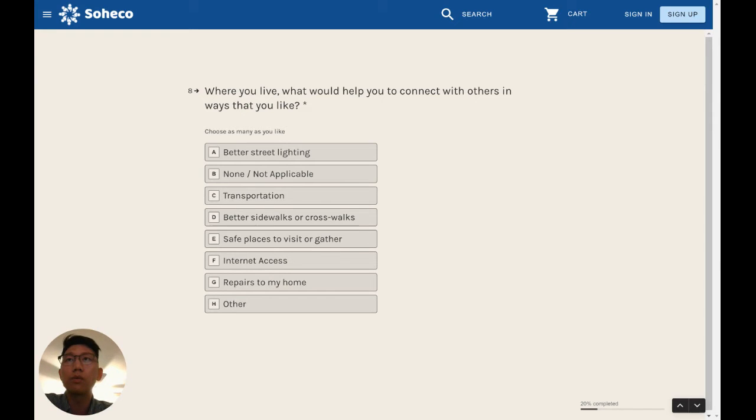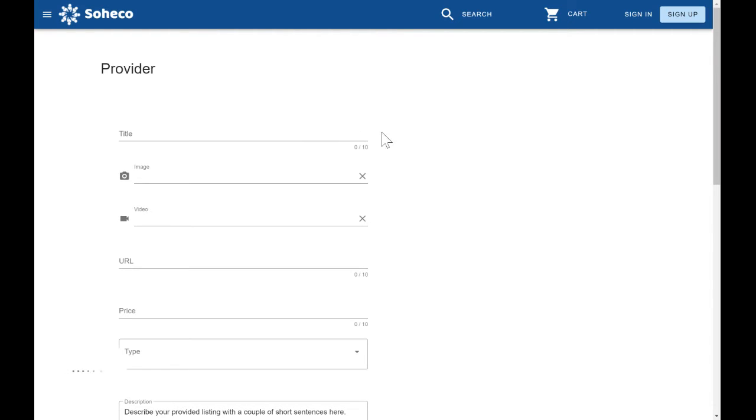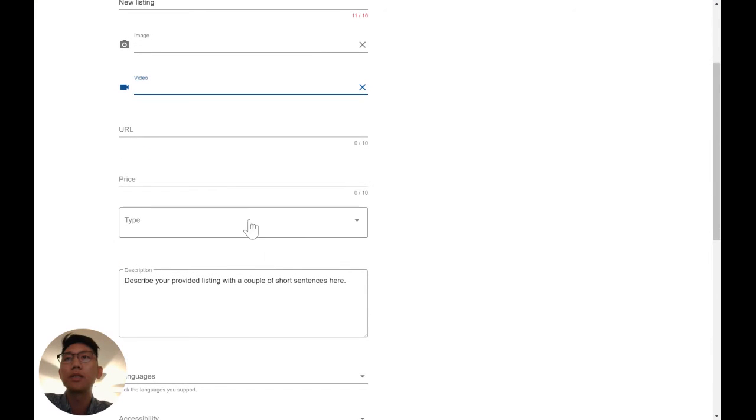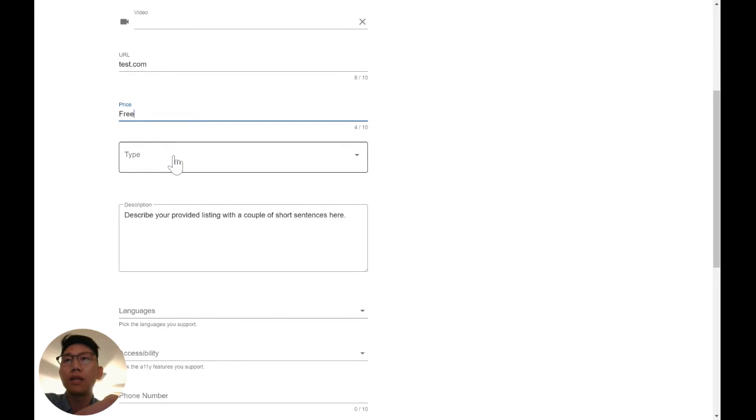The next page I'd like to share with you is the provider page. So most of our users will not need to use this page, but for providers who want to add and create new listings that appear on our website, they will need to fill out a title, upload an image and or video via the file input, enter their URL, suggest a price that their listing will be at, enter a type,